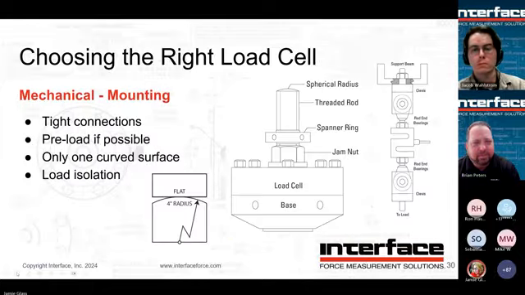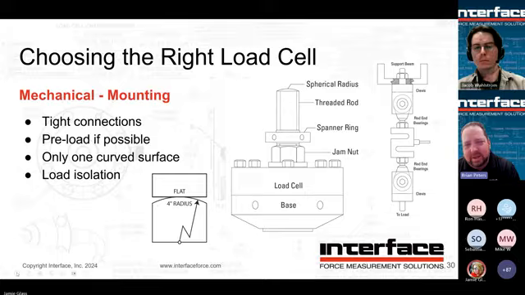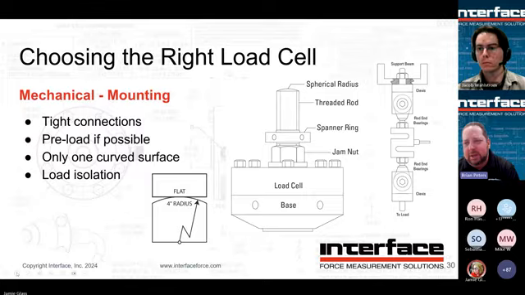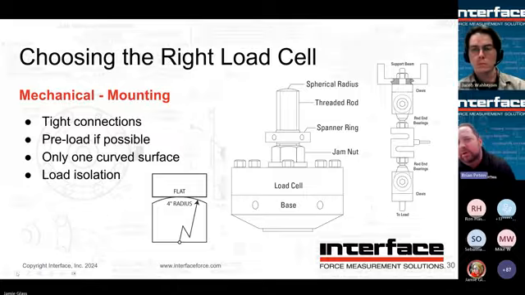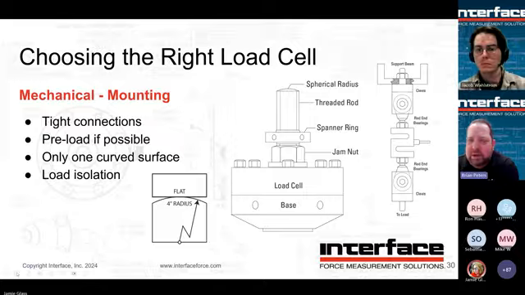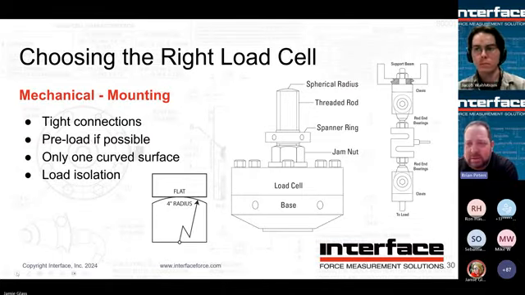Next slide. So how you attach to it is important. Generally, you want to make sure that you have good, high strength, tight connections. You don't want to have a lot of slop in the system. That will have an immediate impact on linear hysteresis in your test setup. It's good to pay attention to some of the options from a compression standpoint. You typically want to utilize a spherical or curved surface to ensure that you aren't putting any unwanted bending loads through your test string. So in fact, all of our compression only load cells will have a spherical loading surface